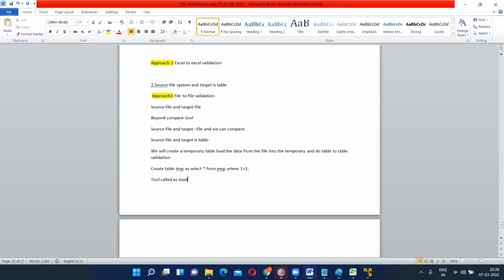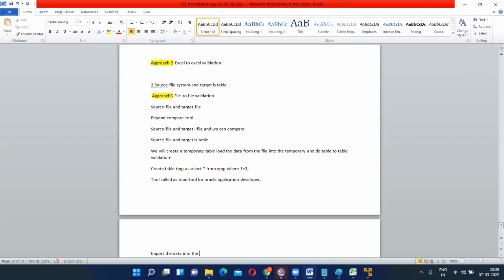Toad, a tool for Oracle application developers. That is nothing but, guys, like in a car you put a seat cover. There's Toad. Instead of using this SQL Plus, there are some better features. We'll use a tool called Toad, and import the